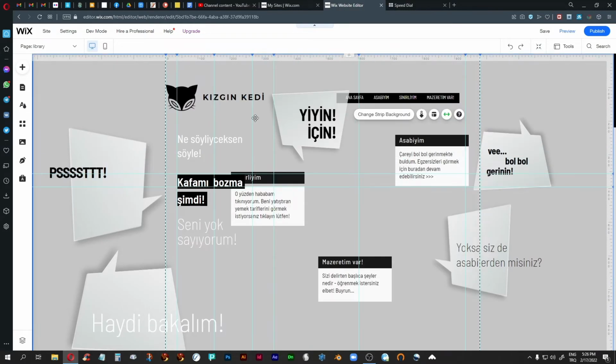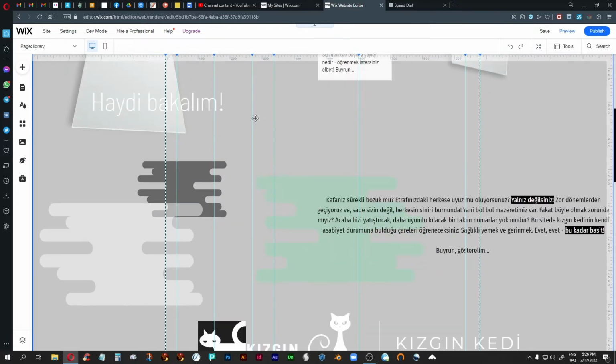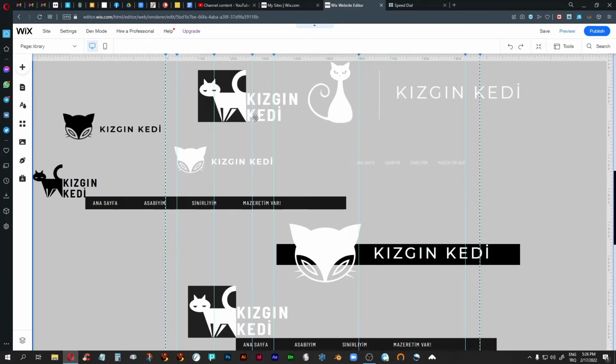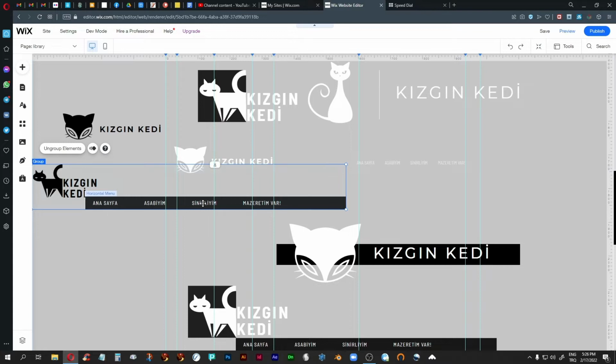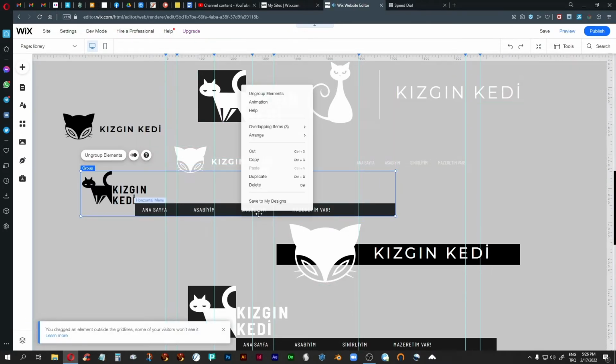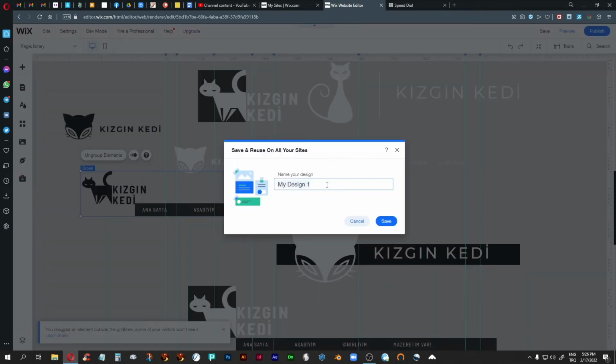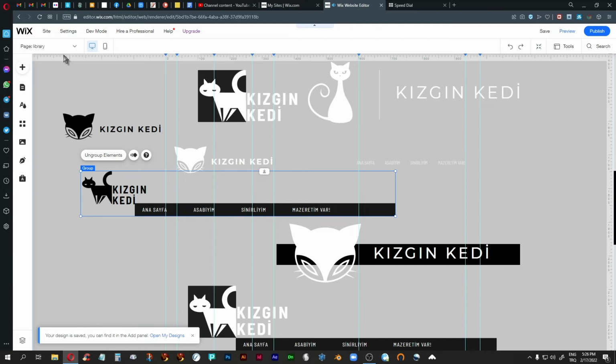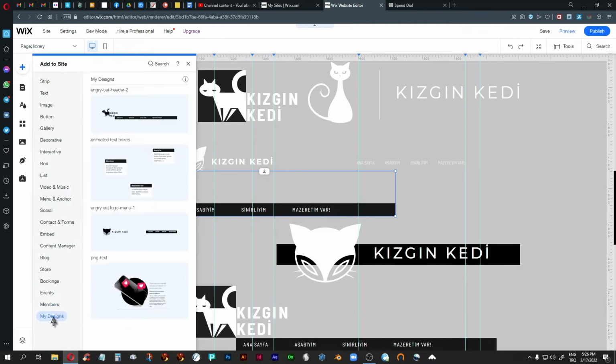Now, that said, there's other things you can do to save your designs, and I'm going to show that to you right now. You can right click on your design and then you can say save to my designs, and then I'm just going to say Angry Cat header 2, because this is the logo and the menu. So I have saved this now, and if I go here and if I go to my designs,